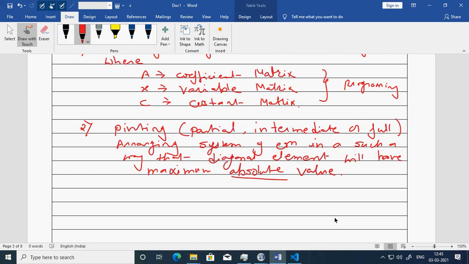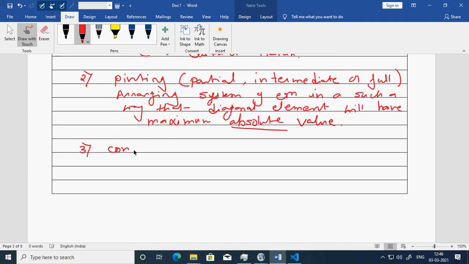So we arrange the system of equations in such a way that the system basically becomes diagonally dominant. All diagonal elements will have maximum absolute value. While arranging, we follow certain procedure. Okay, so that procedure may be labeled as partial pivoting, that procedure may be labeled as intermediate pivoting, and that process may be labeled as full pivoting. So according to what kind of process we follow, we declare the type of pivoting. Okay,